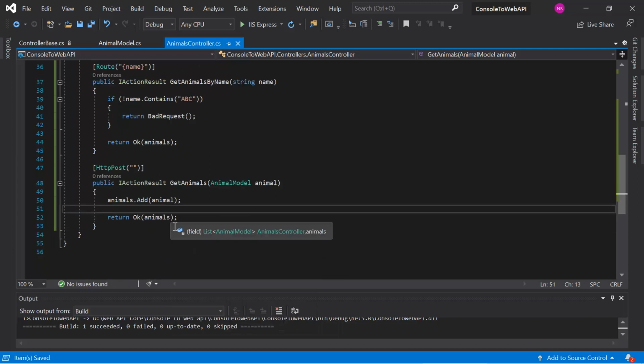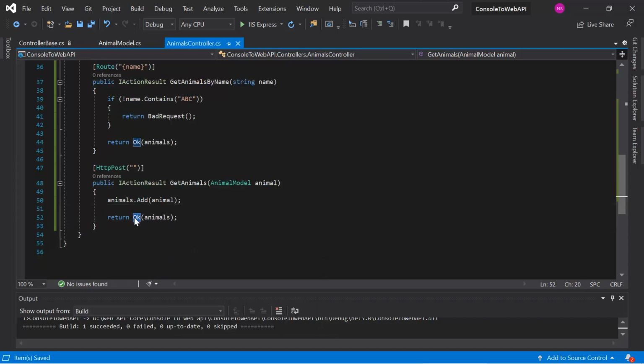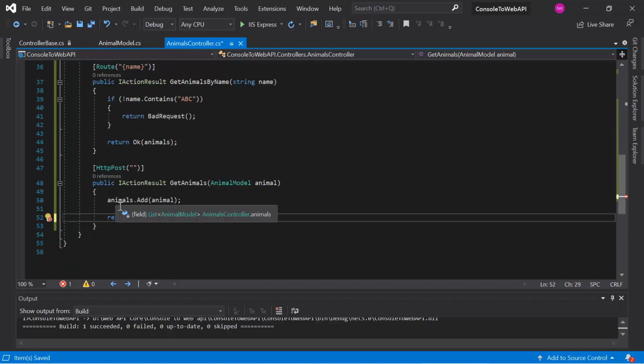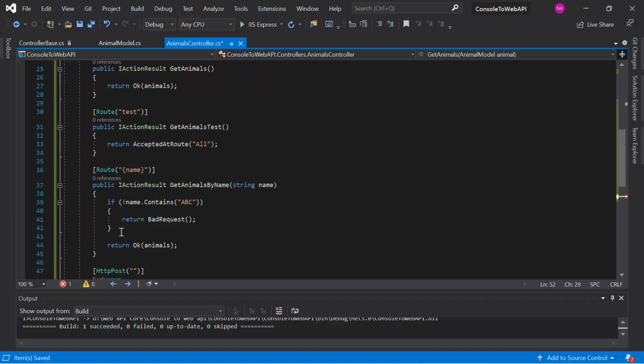And this time over here I need to return the 201 status code. So I can use created. In the created method we need to return a URL. And this URL basically is used to get the details of this newly created record in the database. So let's say we have created one more action method over here and that is used to get the data by using the ID. So in that scenario I can return that particular action method. So let's quickly add one more over here.